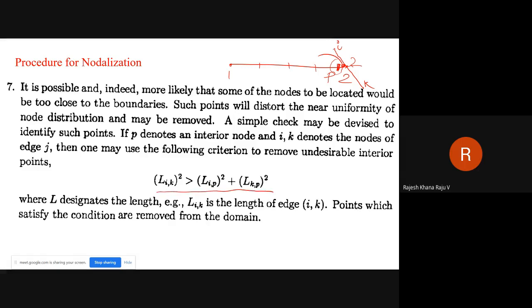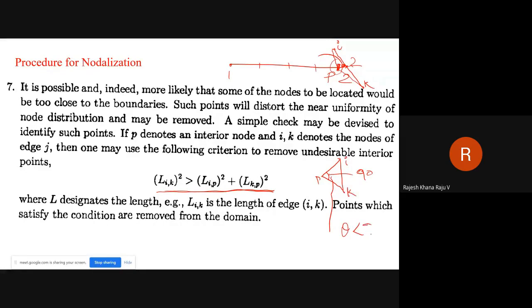That is, length of ik square, is it greater than length of ip square plus length of pk square? Now this sort of situation comes, for example, if you have a triangle like this, let us say this angle is 90 degree, ik and p. This particular condition will be satisfied when this angle is less than 90.